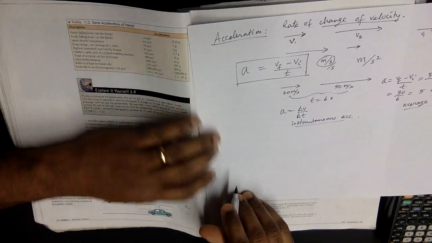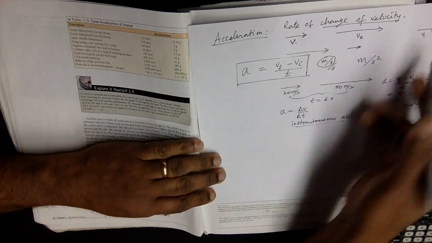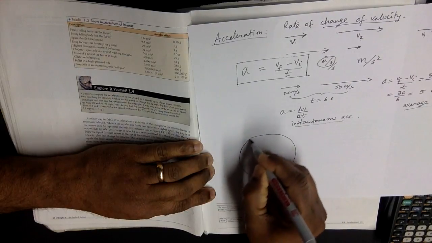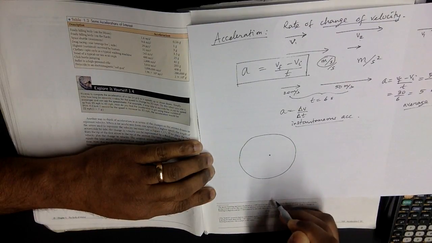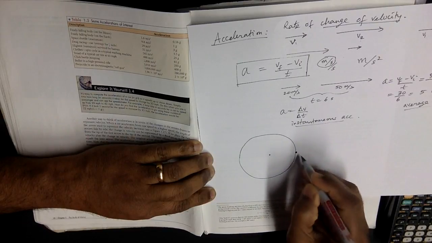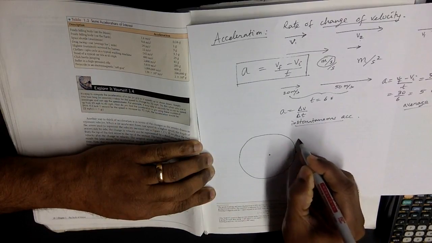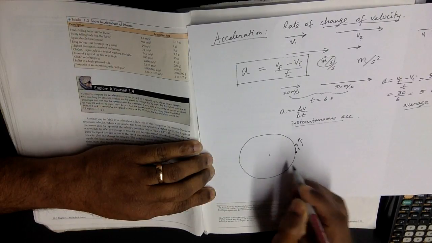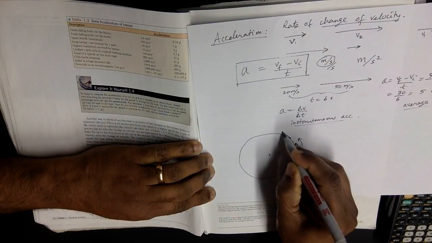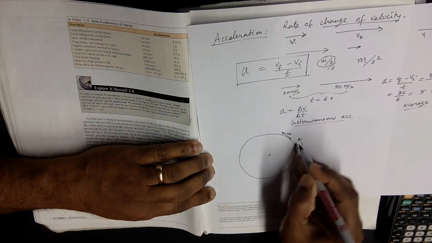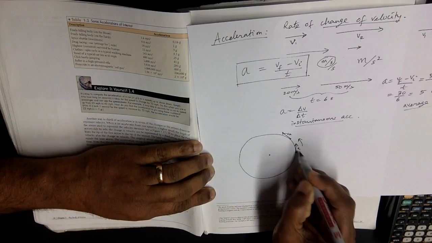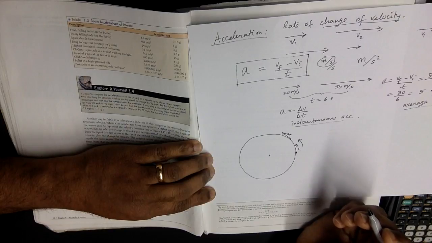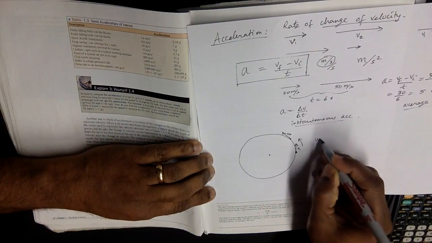The other thing you should also know here is that whenever something goes around in a circular path, when it is here, it is moving in this direction with that velocity. And when it is here, it is moving in that direction with a different velocity. The speed is probably the same, but the direction is changing, so the velocity has changed. So it may be uniform speed,